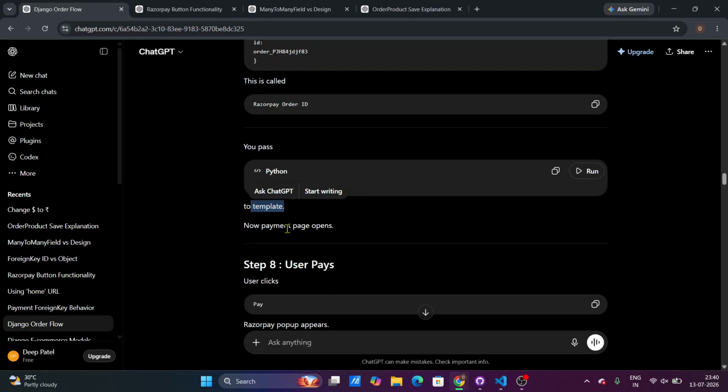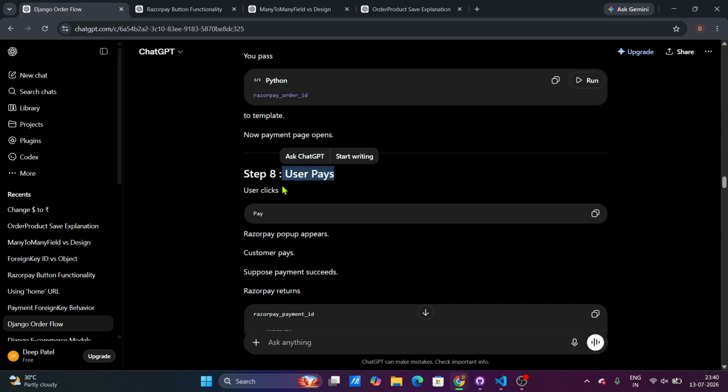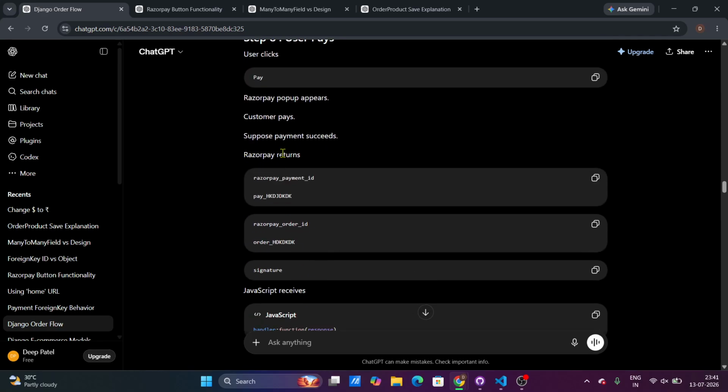And the user pays. When the user clicks pay, the Razorpay pop-up appears that we have already seen, that blue box shaped pop-up. The customer pays. Suppose the payment succeeds. Razorpay returns ID like this